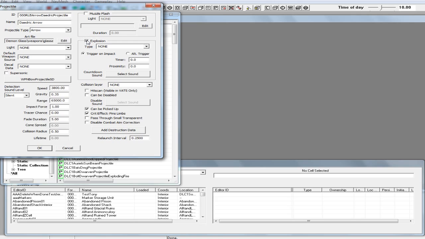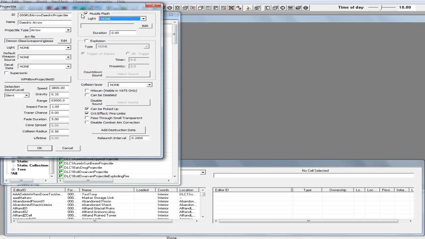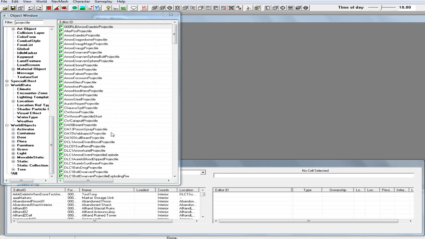We can actually make an explosion if we want to, but we're not going to do that. Muzzle flash is just like a gun. You can choose what kind of light goes off when it hits its target if you want. I ain't going to do all that. So we're going to go ahead and we are going to